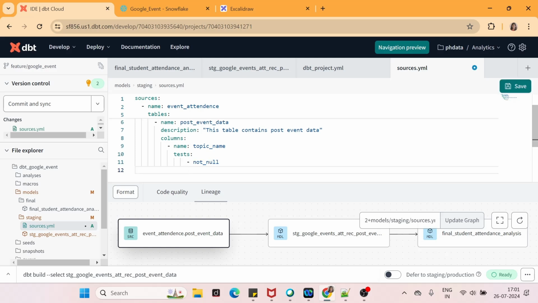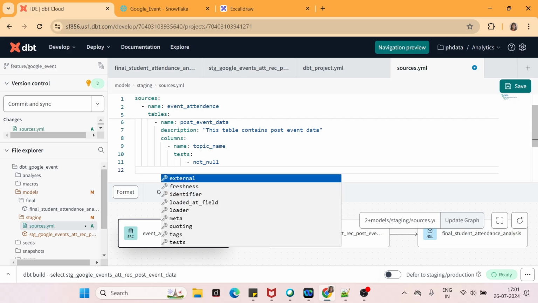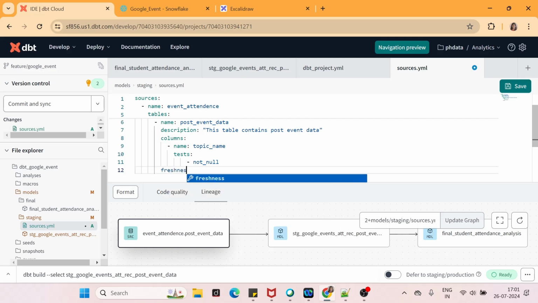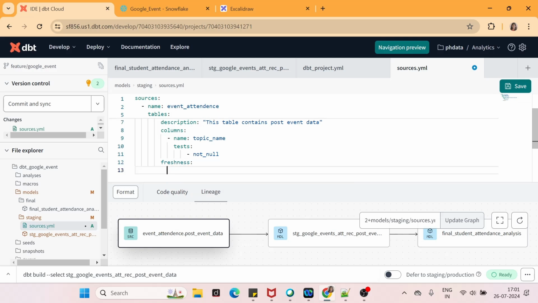So how to do that? You have to get into the same indentation where your table name starts, and I will write freshness here. To define freshness, I need 3 parameters. One is warn after. I need a warning.